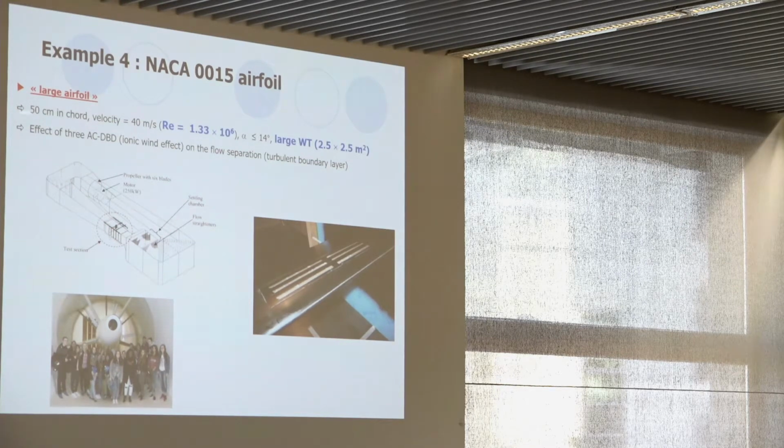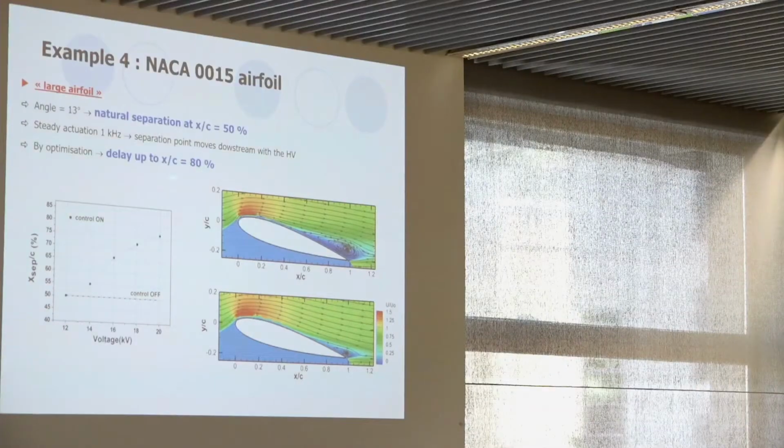It was with a 50 centimeter cord, and the Reynolds number was greater than 1 million. And one more time, we conducted lots of experiments, and just one result. Here we have the baseline flow around the airfoil at 13 degrees, and in such conditions, the natural flow separation occurs at 50% of the cord. And when we apply the discharge, we are able to delay this flow separation, and that is very interesting for